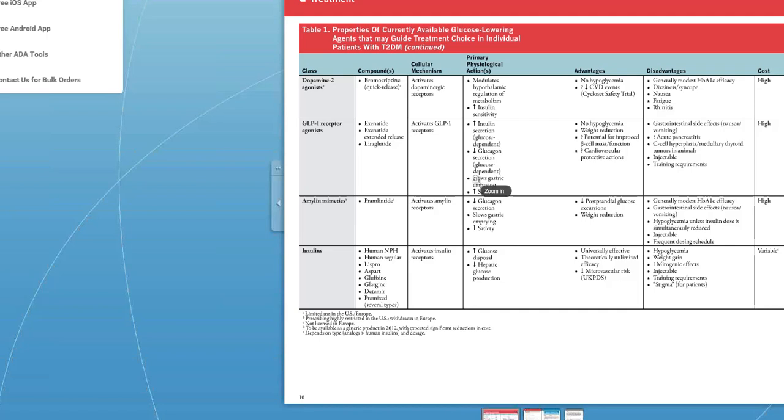But what you want to do is have your drugs for diabetes work on different areas. You want them to work on the gut, the kidney, the pancreas, or gluconeogenesis. You don't want to attack it from one standpoint. If you're going to use drugs, have them work from different areas, on different organs, so that your control is more multifactorial. They're all working together.